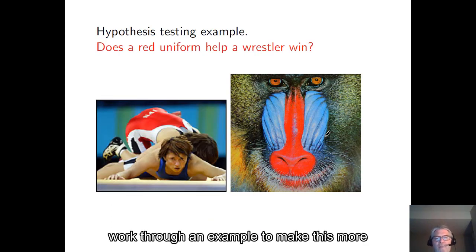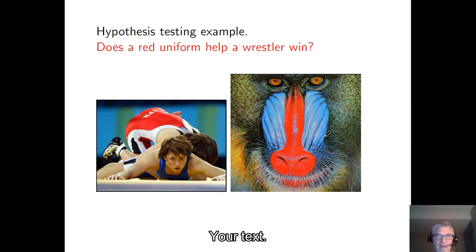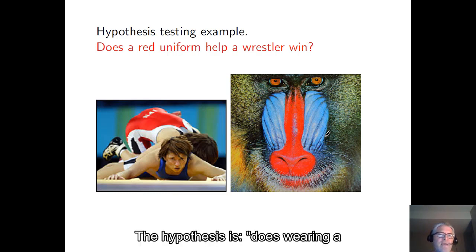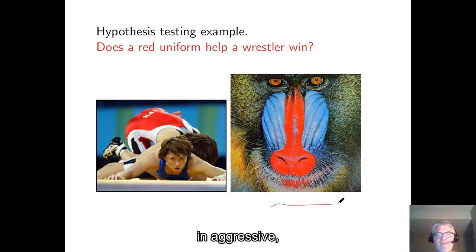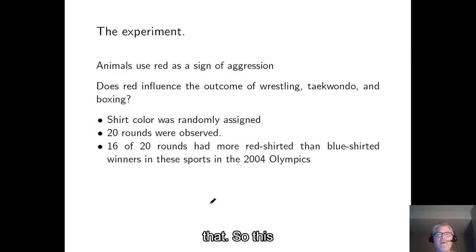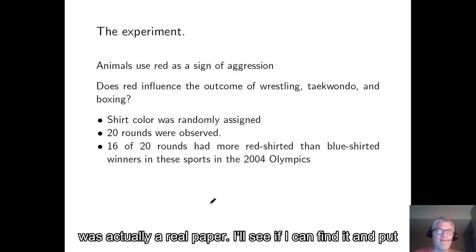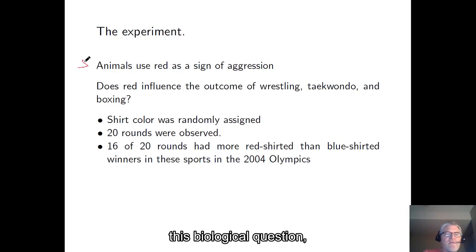Okay, let's work through an example to make this more concrete and just reinforce going through this terminology. So this is taken from some slides by the author of your text. The hypothesis is like, does wearing a red uniform help a wrestler win? And so you might imagine a lot of animals use red coloration in aggressive displays. Perhaps that carries over sort of psychologically in human interactions and in sports and things like that. So this was actually a real paper. I'll see if I can find it and put it on Canvas for you. The experiment was motivated by this biological question,